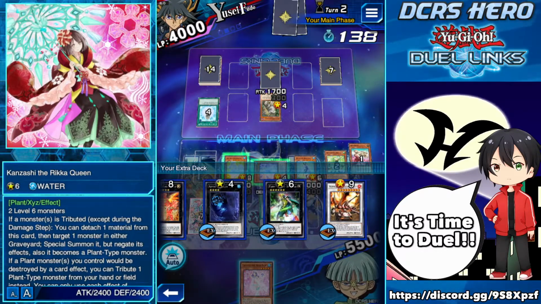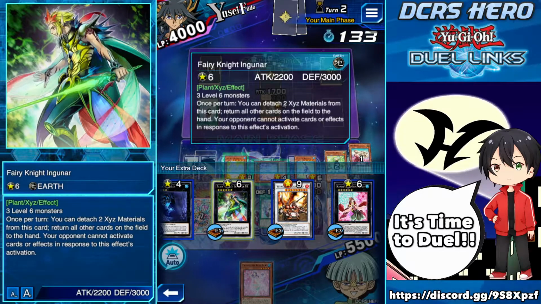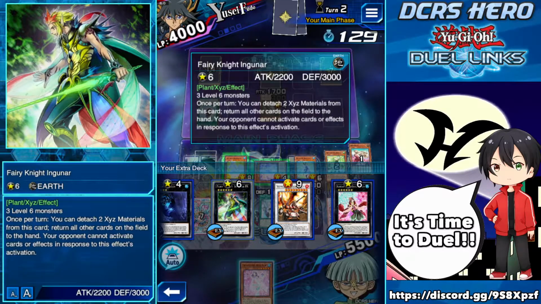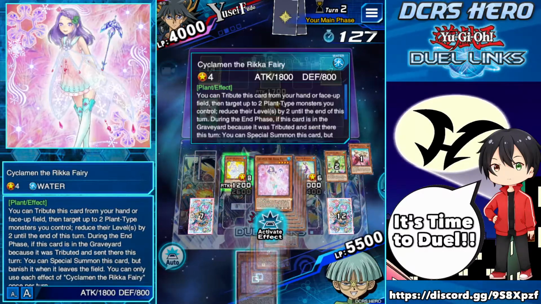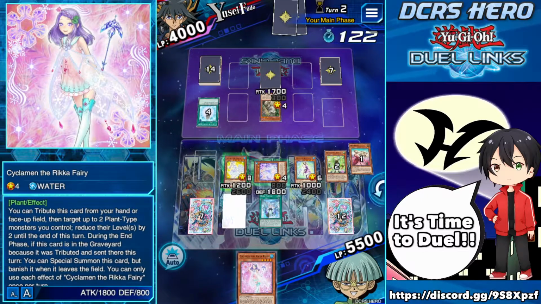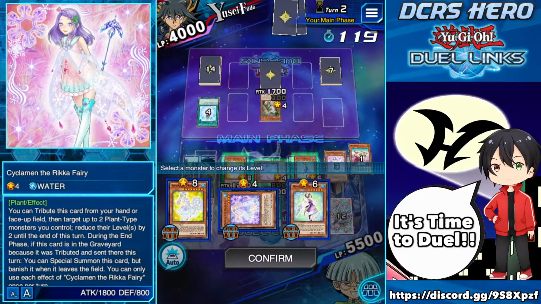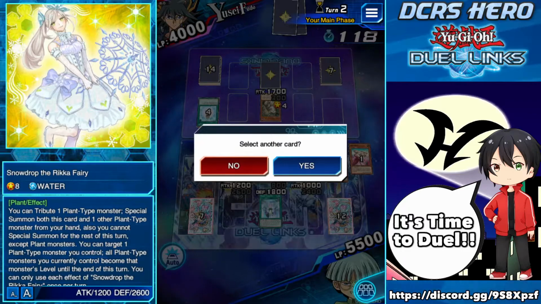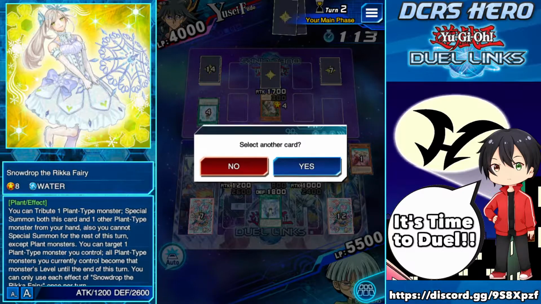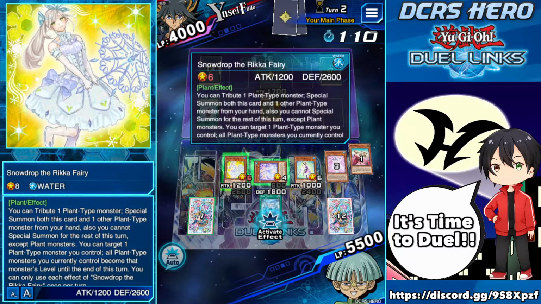So what I'm going to do is, let's make some of both, yeah, we'll do this. We'll use Cyclamen's effect, change this level, change this one to 8, no, 6, yeah, we'll make it 6. So now we will go,